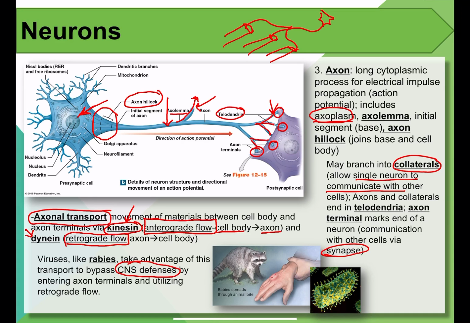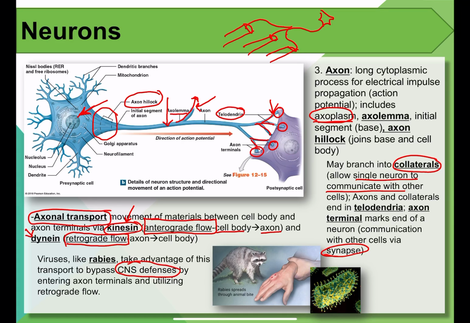Okay, so we'll talk about how our central nervous system has its own specific immune cells for fighting against pathogens. And if the virus is able to hide and hop between neurons and catch a ride with those transport proteins like dynein, then they are able to evade those immune cells by going directly into the cell